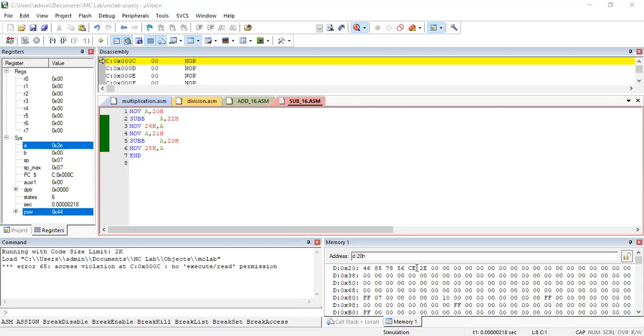So what the subtraction instruction does is it subtracts the first operand minus the second operand minus the carry flag. If your carry flag is 0, it is minus 0. But if there is a carry flag, it will subtract 1 from that. That's why 85 minus 56 gives 2F on your calculator, but then 1 is subtracted.